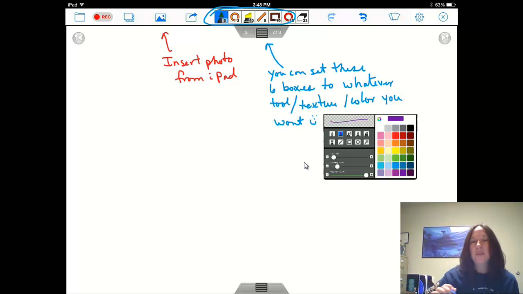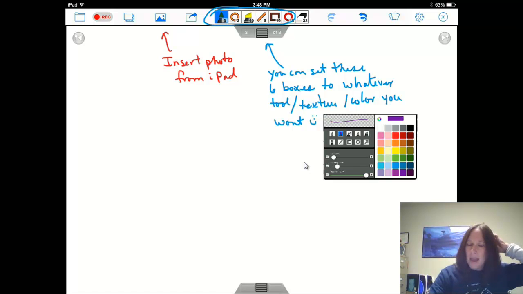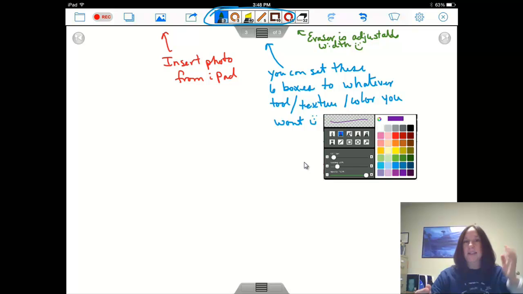The next one is I've kind of circled all of those tools up there, and when you click on any of those boxes, so wow, there's like, do you see 6 boxes? Any of those 6 boxes, you'll come up with that little box right there, and this gets a little bit small, so. And the way it works, and I didn't realize this until I started looking into it, but you